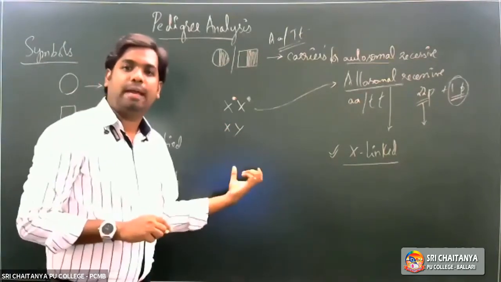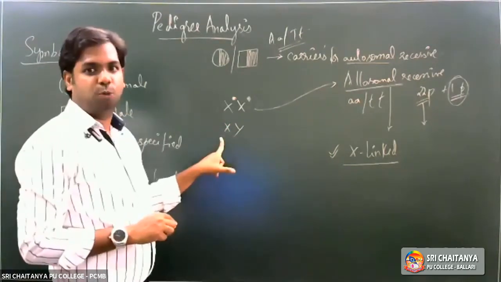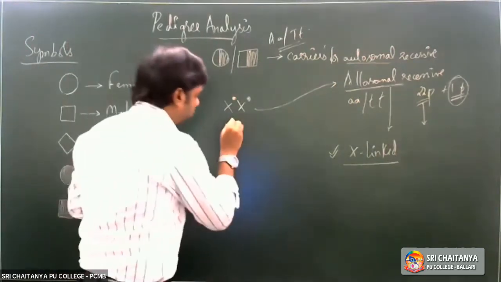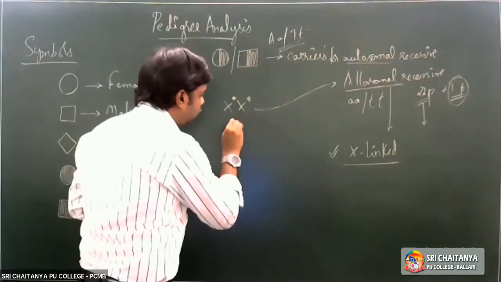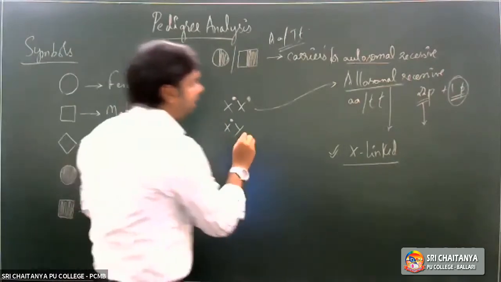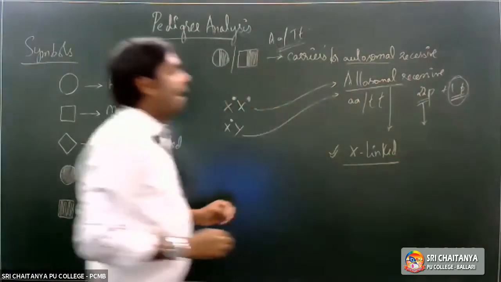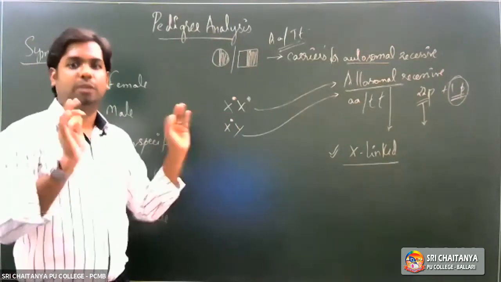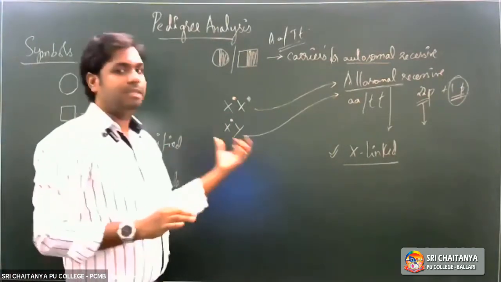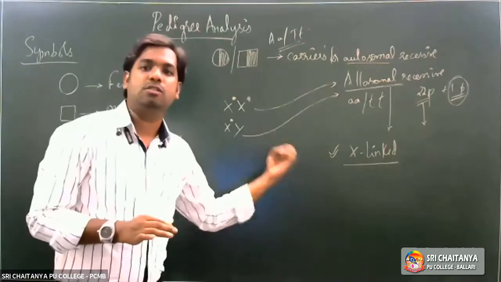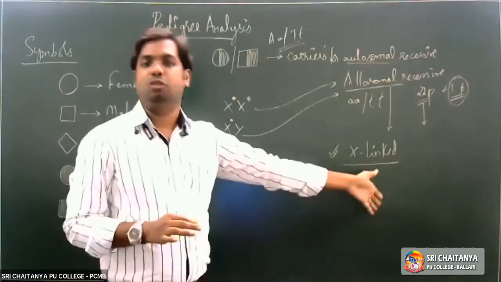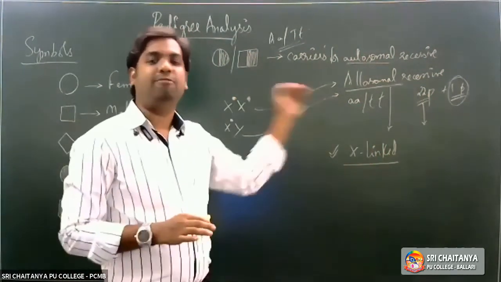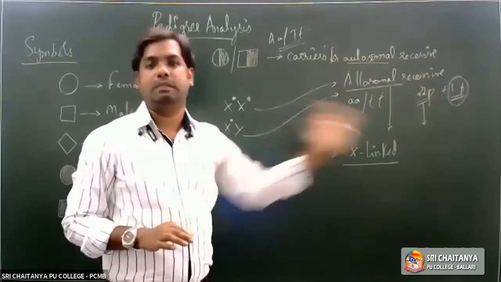Why can males not be carriers? Because there is only one X chromosome. Since there is only one X chromosome, one mutation on the gene present on the X chromosome would be enough for this allosomal recessive condition. Getting it? So that's the reason why males cannot be carriers for X-linked recessive disorder, whereas only females can be a carrier for X-linked recessive disorder.